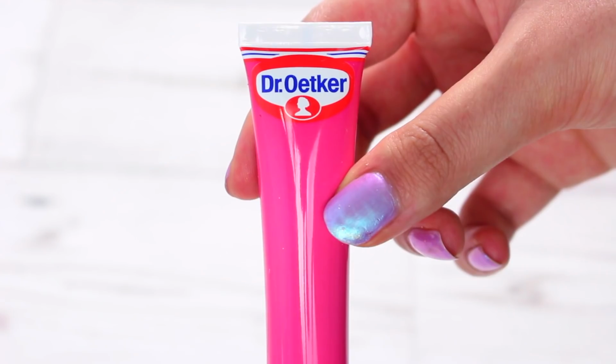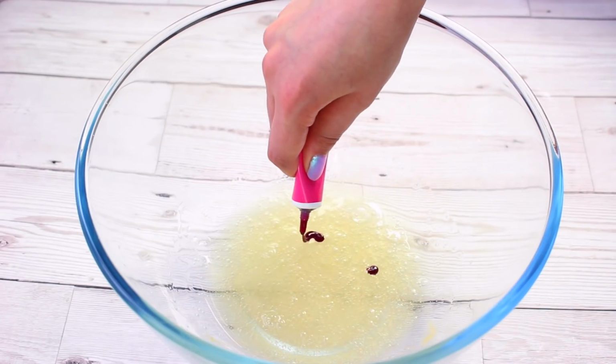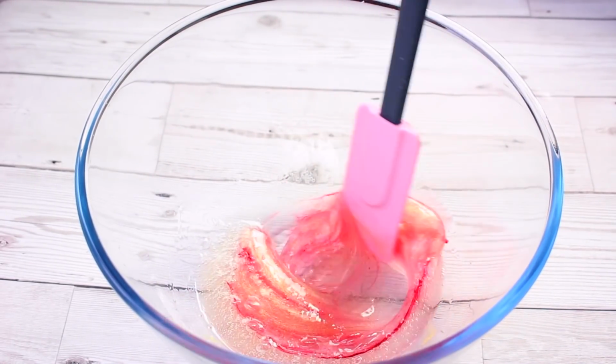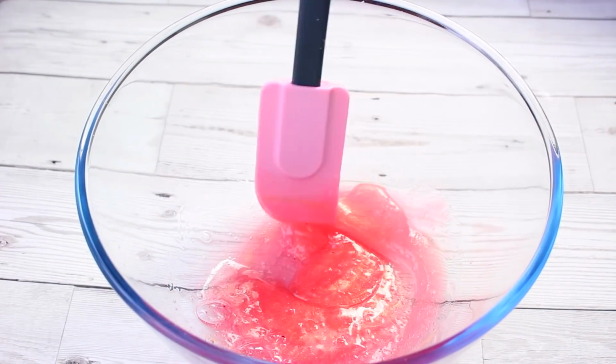You don't need it to be super gold, and then we're just going to add some food colouring, and I like to add quite a lot just because I like my Barbie slime to be super pink, but if you want it to be true to the actual colour, you need to add a tiny bit less than I do,